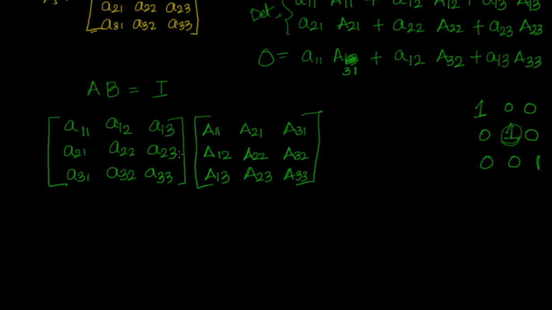What we did just now is, we know that when you multiply the elements with their corresponding cofactors, that is equal to the determinant. Not only that, if you multiply the elements with the cofactors of some other row, then it is equal to 0. So what it looks like now, if I multiply these two, let us check that. If I multiply these two, what will it look like?